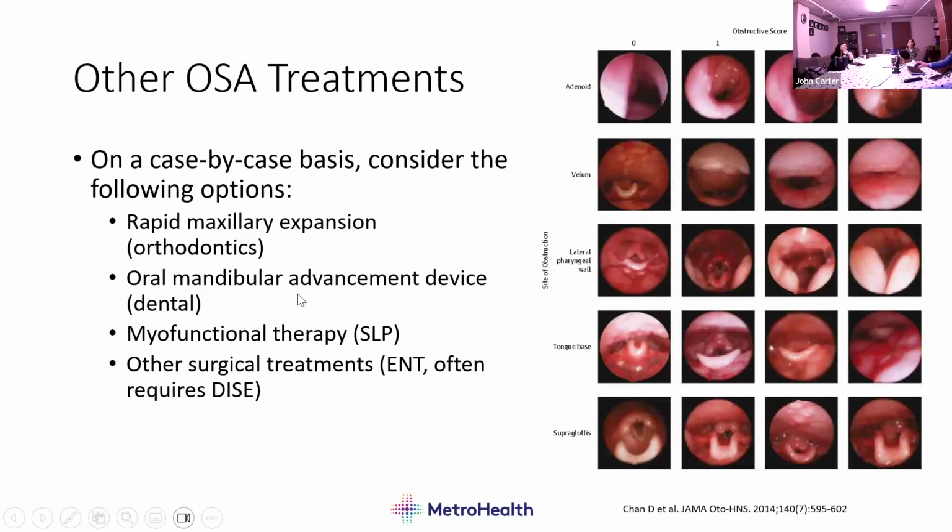So there are also mandibular advancement devices, non-invasive dentist-made devices. You'll see these primarily for adults, but they hold the mandible forward and so they move the tongue forward and open up the upper airway. For adolescents, this might be an option. For kids with deciduous teeth and growing mandibles, off the table.